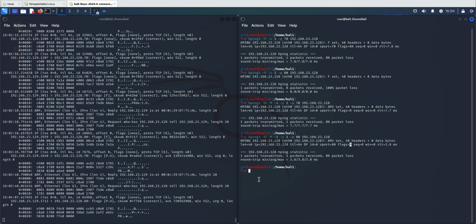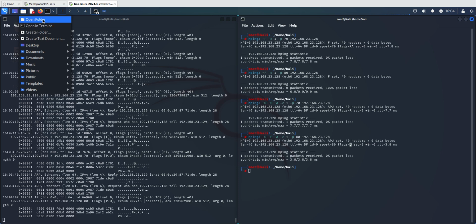Okay, in the last part I will show you how you can send some data or some content in the TCP packet. Like you want to send some secret information to the target machine. You can send it using the file flag in the hping command. To perform this, you need to have a file on your machine. I am currently in the Kali home folder, so if I open my home folder